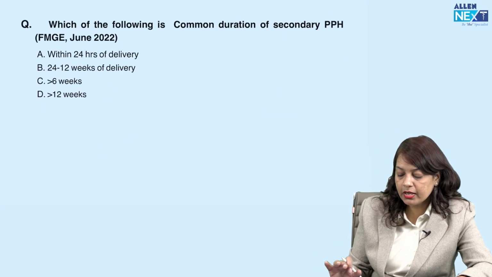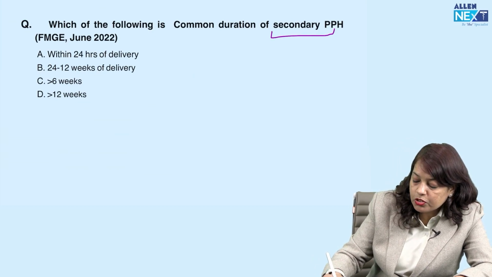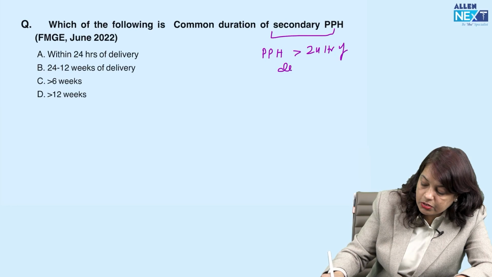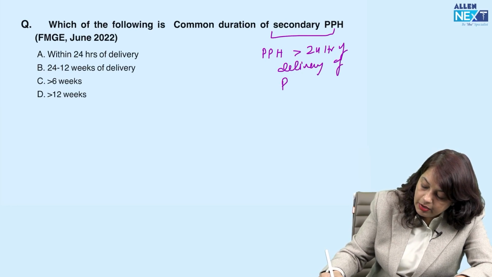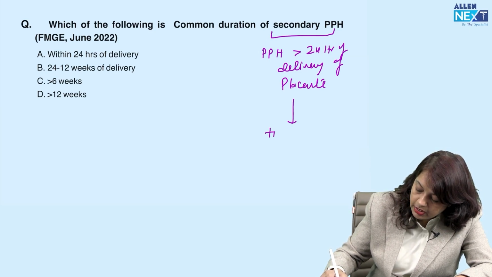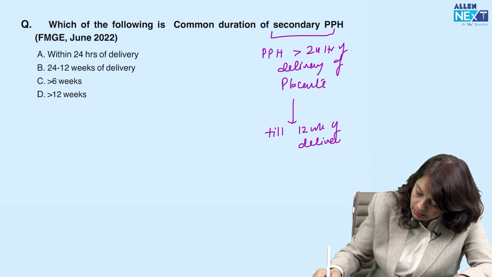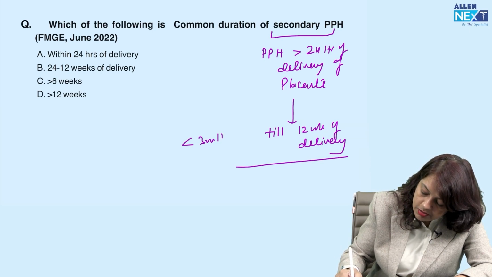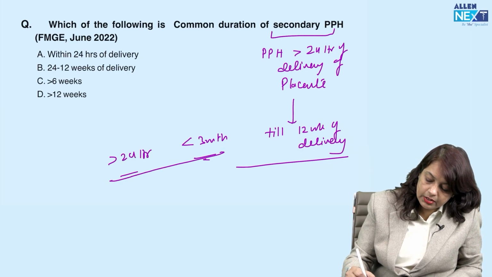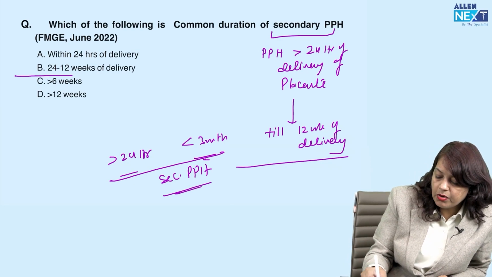Next, which of the following is a common duration of secondary postpartum hemorrhage? First of all, secondary postpartum hemorrhage is postpartum hemorrhage occurring after 24 hours of delivery of baby and placenta, and this condition is counted till the 12th week of delivery. Okay, till the third month of delivery, after 24 hours of delivery, this is the definition. So it is 24 hours